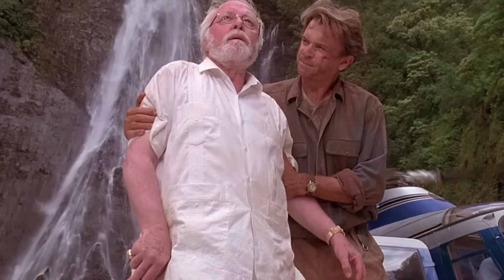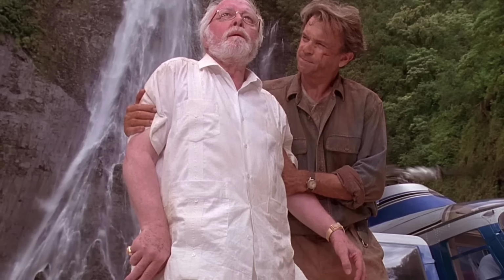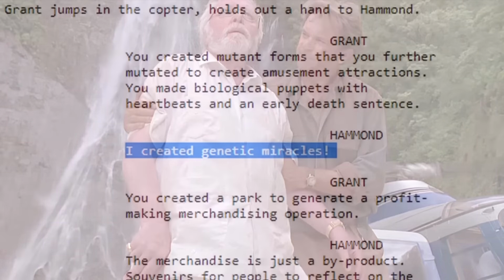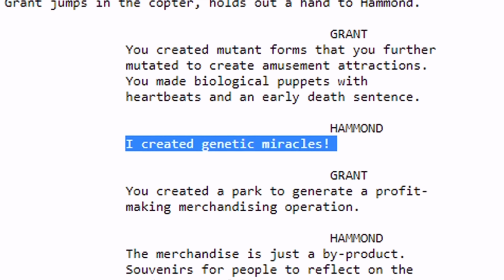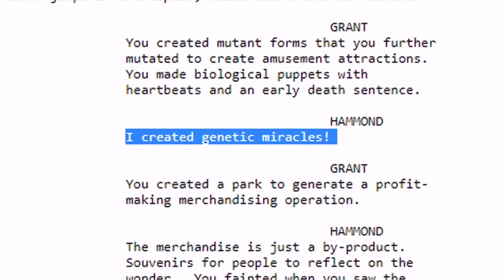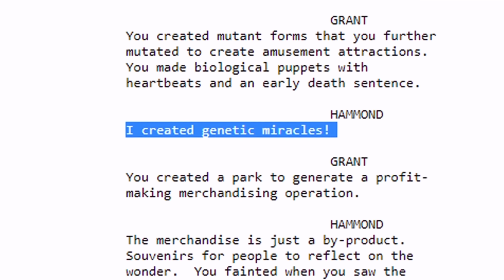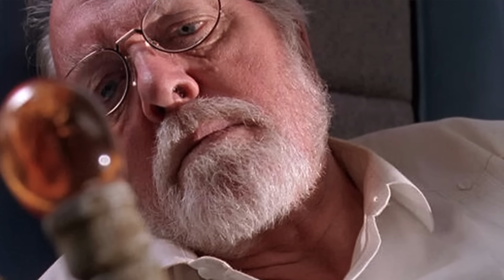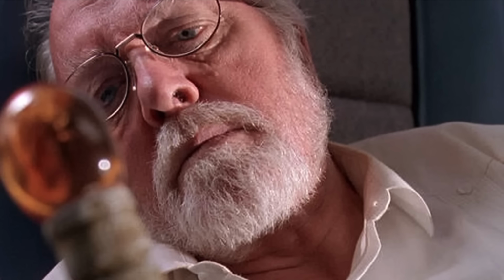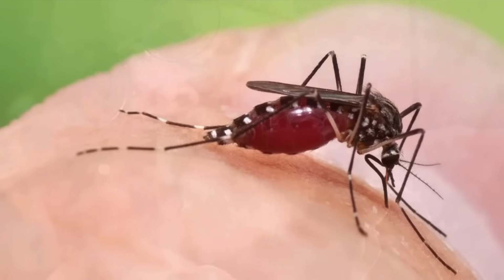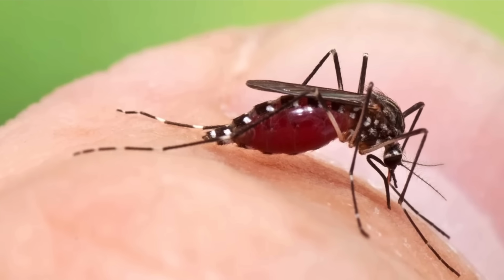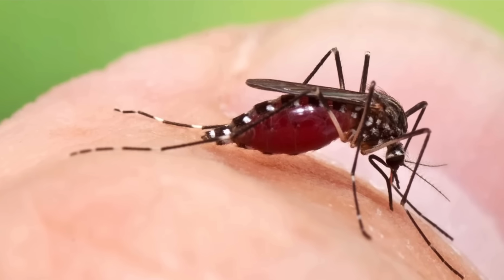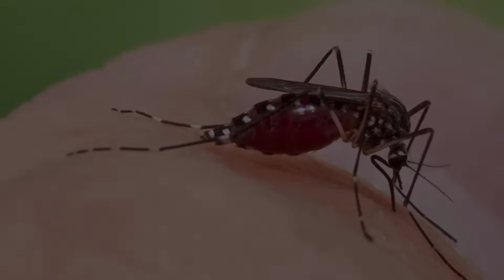This was going to culminate with Hammond staying behind while everyone else got in the chopper and left. Dr. Grant would beg Hammond to come with them, but John would simply say that all of them are being too negative and that his Eden was perfectly fine. Once they leave, Hammond falls down a sloping hill and drops face first into a tiny puddle where he evidently suffocates to death. The film would then close with a mosquito landing on his hand and sucking his blood just as the little insects had done to all the dinosaurs that he'd brought back to life.